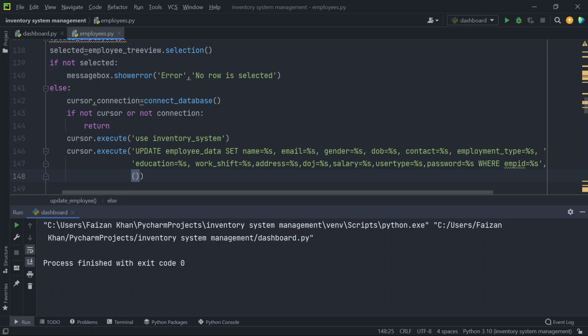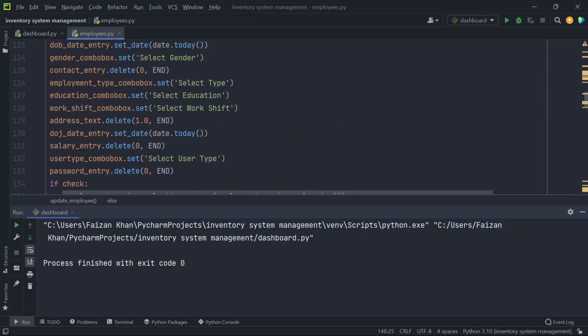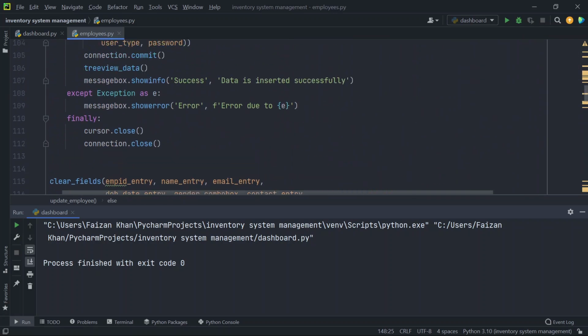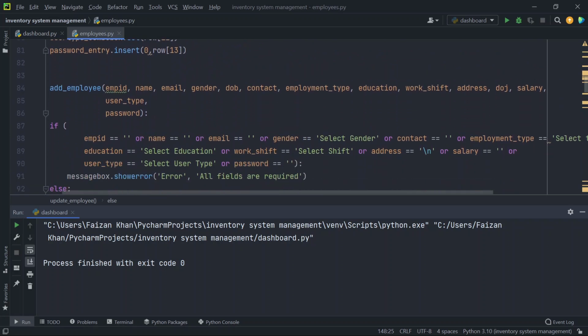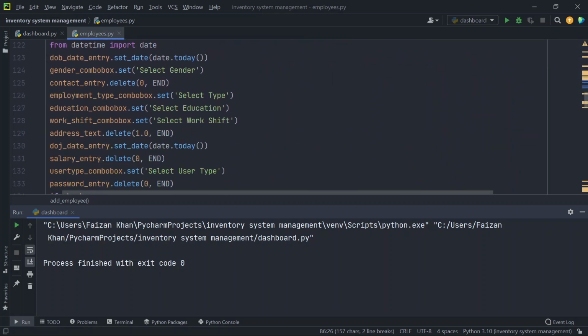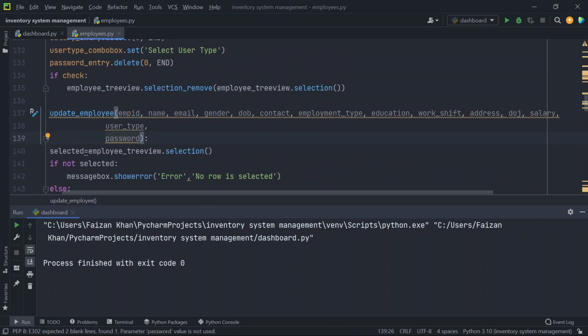So basically you have to pass the values of the entry fields and the combo boxes here. Okay, so how to receive those values? So you remember we have created add employee. So here we have these values, so we'll copy them from here and we'll paste here. Then while calling this update employee function from the update button, we also need to pass the values. Okay,